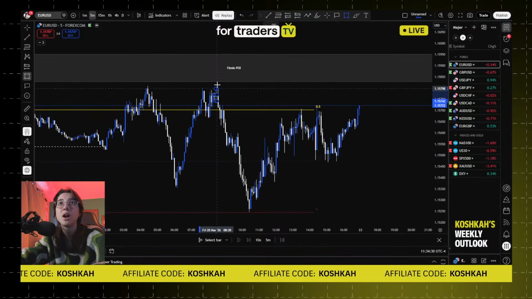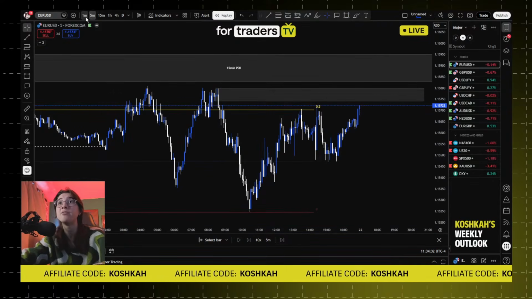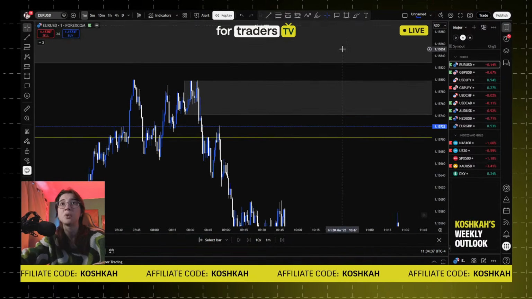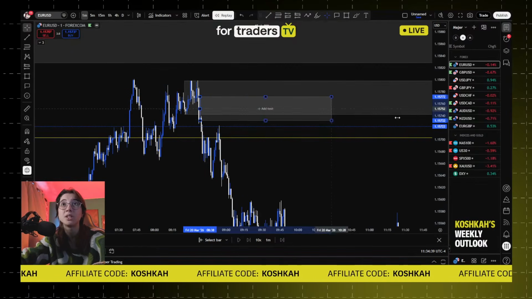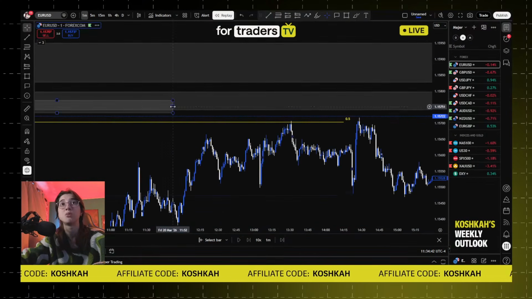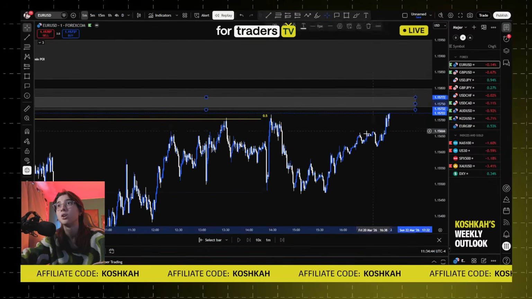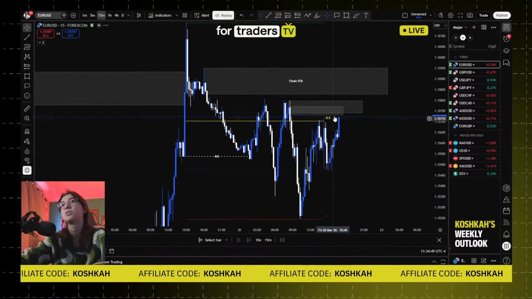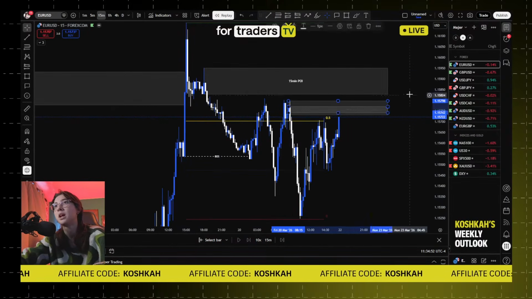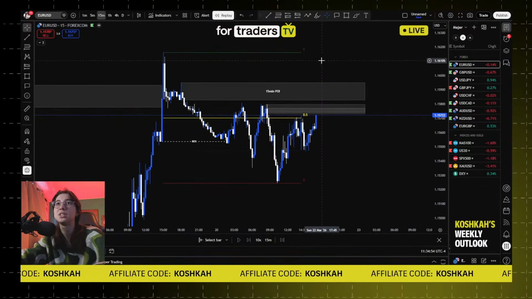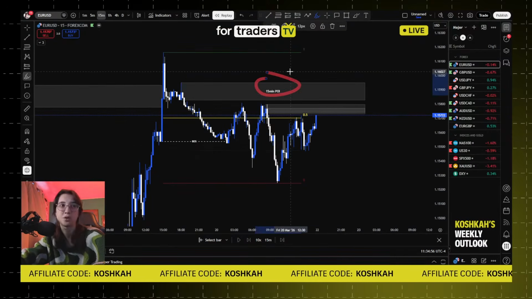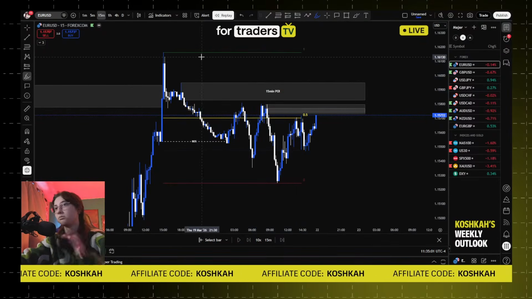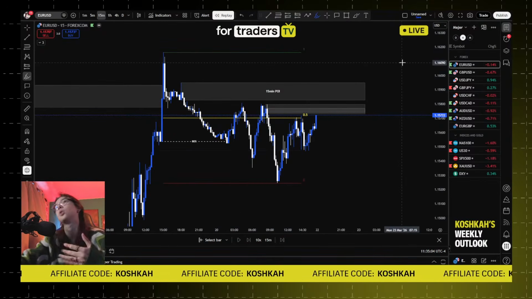Right here we have a POI before the most extreme one on the 5 minutes, and we have nothing else except for that. I mean, we have technically a 1 minute POI right here. There is as well a POI before the most extreme one on the 1 minute, but none of them are mitigated yet. So, what do we do with this trade after all this? The thing is, Euro USD, you cannot enter straight away. That's 100% sure. If you enter here straight away, you're going to have a way worse chance to have a good trade.